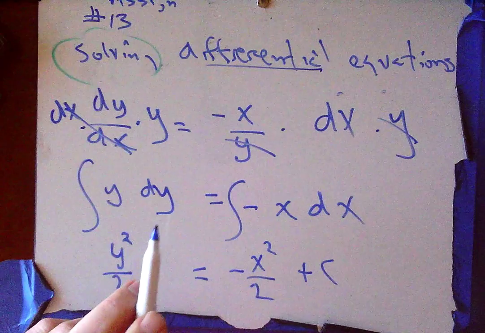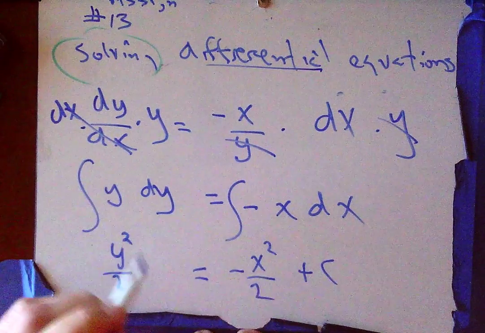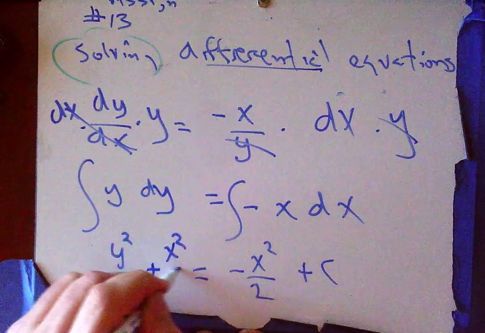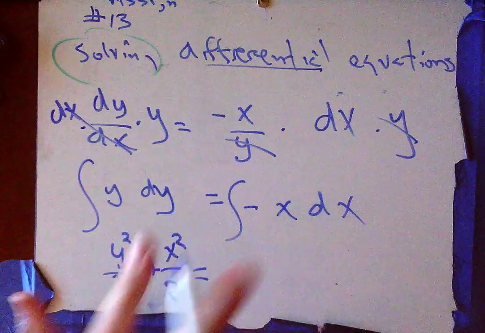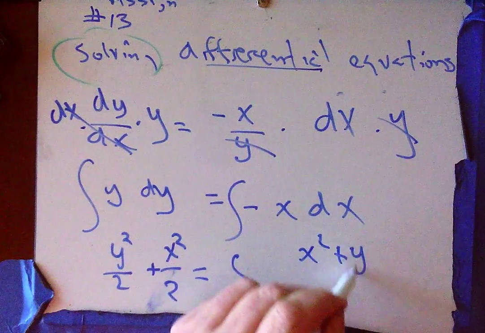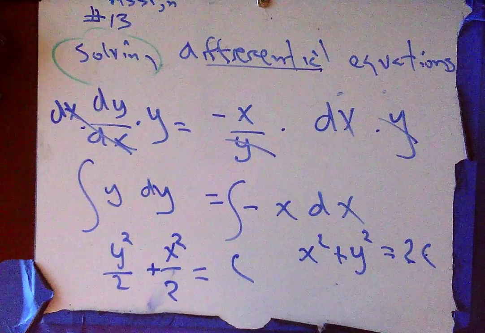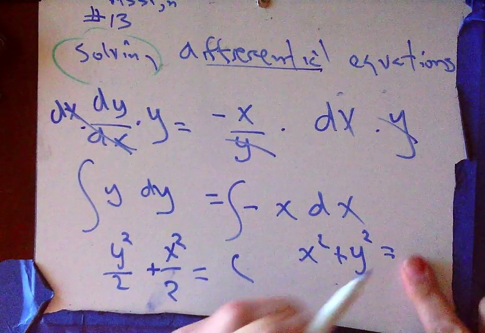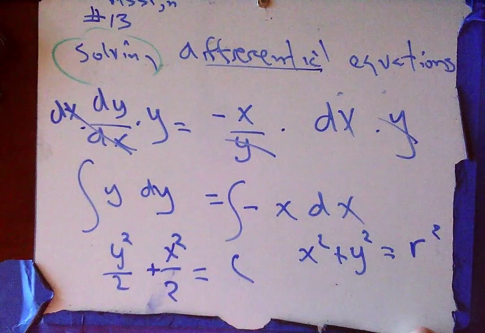Okay? So, solving the differential equation, well, you know, I'm tempted to add x squared over 2 to both sides. And so now I've got this, which I guess could be x squared plus y squared equals 2c. Oh, look, 2 times a constant. Guess what? That's just going to be another constant. And it turns out here's the equation of a circle. However,